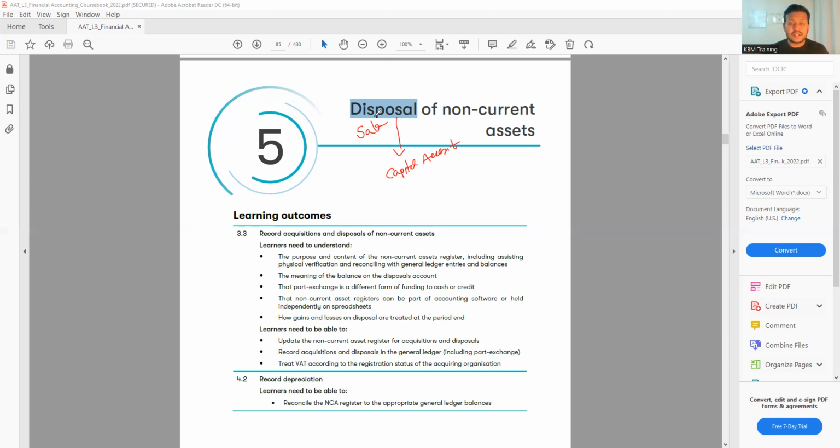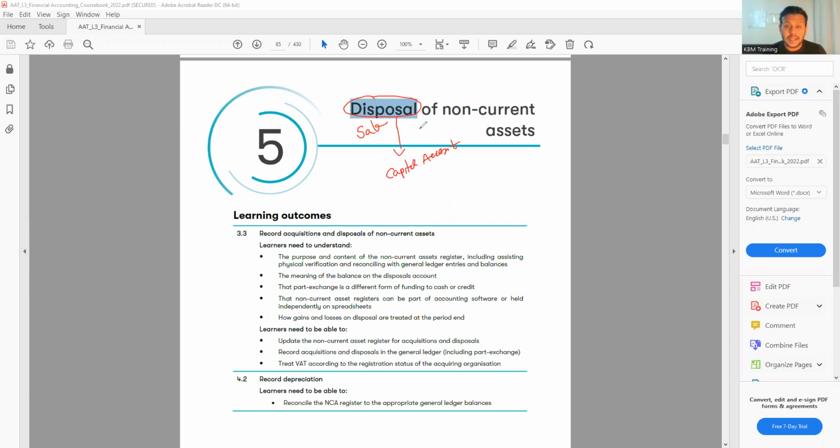Now, of course, any capital asset can be on the financial statement, and if we sell this asset in future, we call it disposal. So any capital asset that we sell, not with the intention to make profit, but just sell it, and whether we make some profit or loss doesn't matter, if we sell it, we call it disposal. So now we understand the difference between disposal and sell.